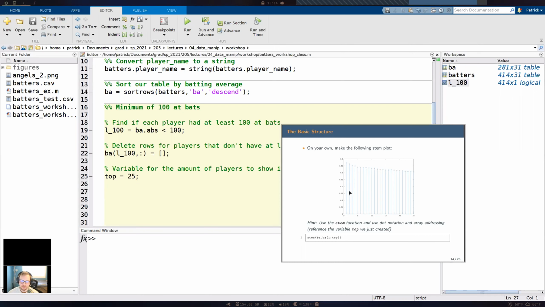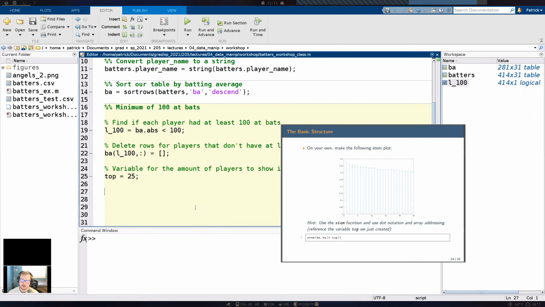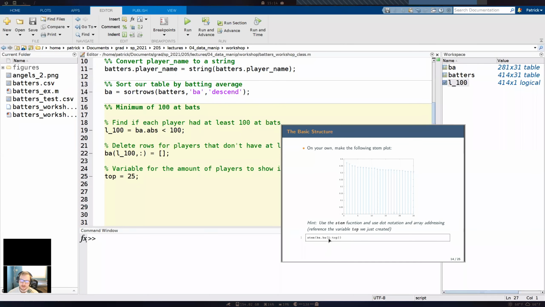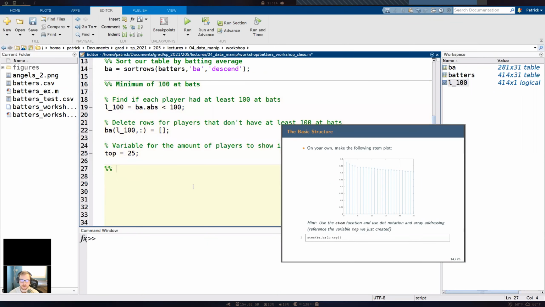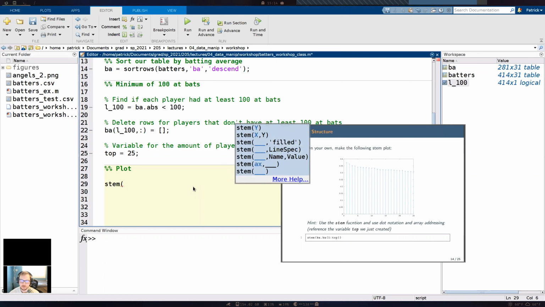Okay, so we're going to make this plot here, but what I just showed you guys was doing 1 to 25. Now we're going to reference that variable top that we just created. So let's make a new section and call it plot. To do our basic plot here, we're going to use the function called stem to create a stem plot. And we want to look at our table called batting average. And we want to plot the column for batting average, so that's BA. And I want to have 25 basically plots here.